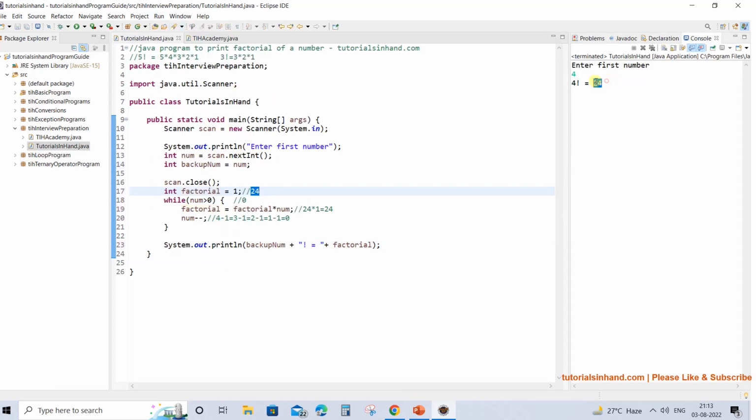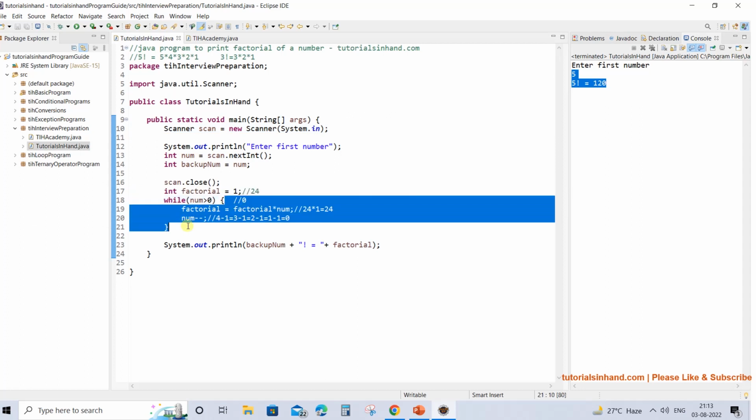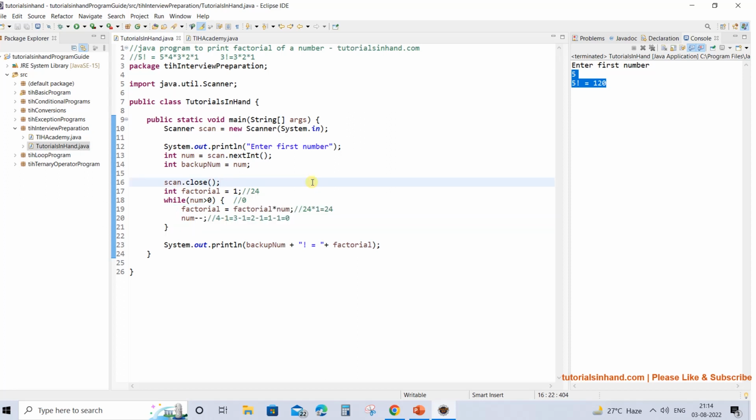See, this time we are getting 4 factorial is equal to 24, which shows a meaningful value. That is, we are calculating the value of 4 factorial, which is 24. So you can keep on calculating this and it will give you results like 120, right? So hope you have understood how this calculation works, and this time we have iterated in reverse order. That means from 5, 4, 3, 2, 1, or you can have any number and it will be iterating in the reverse order and multiplying each number, right? So hope you have understood how we write the logic to calculate the factorial of a number.